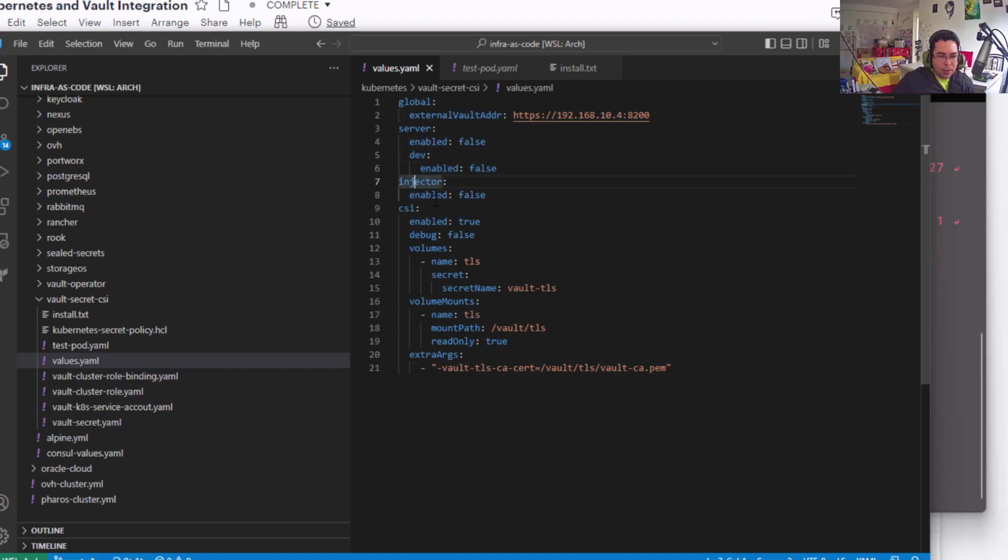There is one integration called injector. The injector is a way to inject Kubernetes secrets in the files in the pods. We are not enabling that. We're using the CSI driver. So we enable the CSI driver,